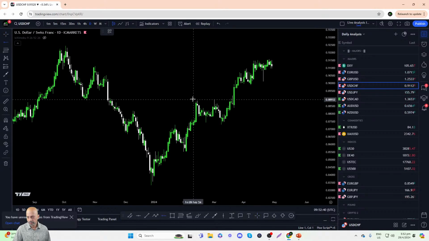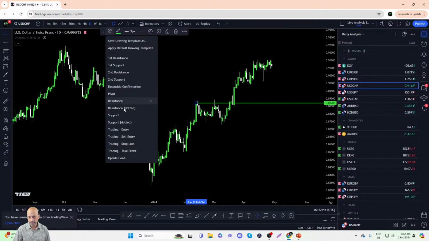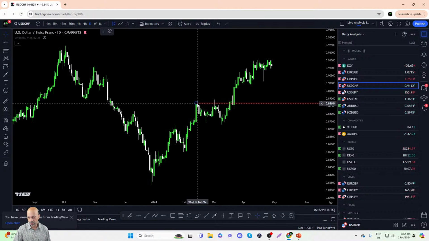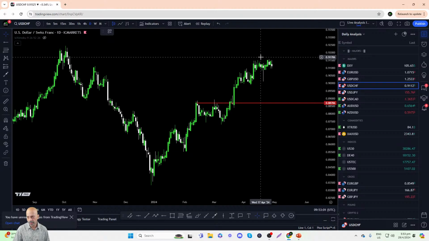Previously, this level here at 88.70 was a strong resistance level. The dollar franc was running into the resistance in the middle of February and the beginning of March, and when the SNB finally made an unexpected announcement to cut its key policy rate, that sent the dollar franc surging higher. Since then, it's been in this pretty strong uptrend.